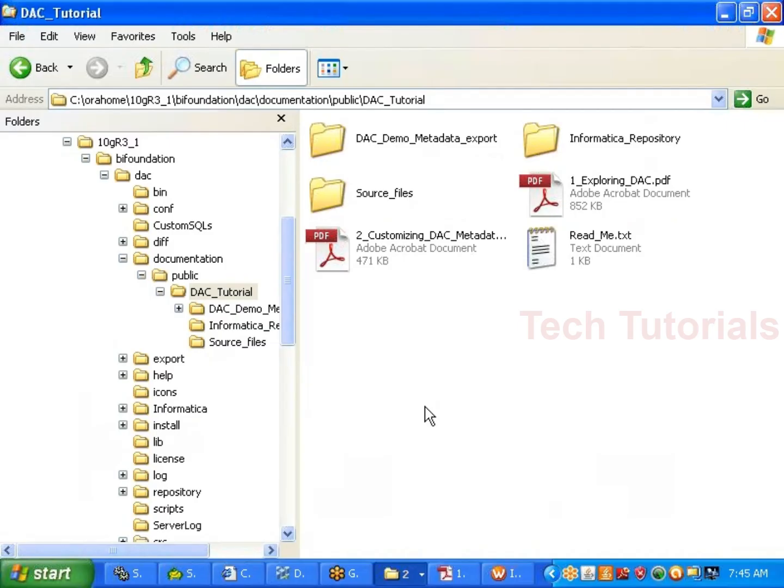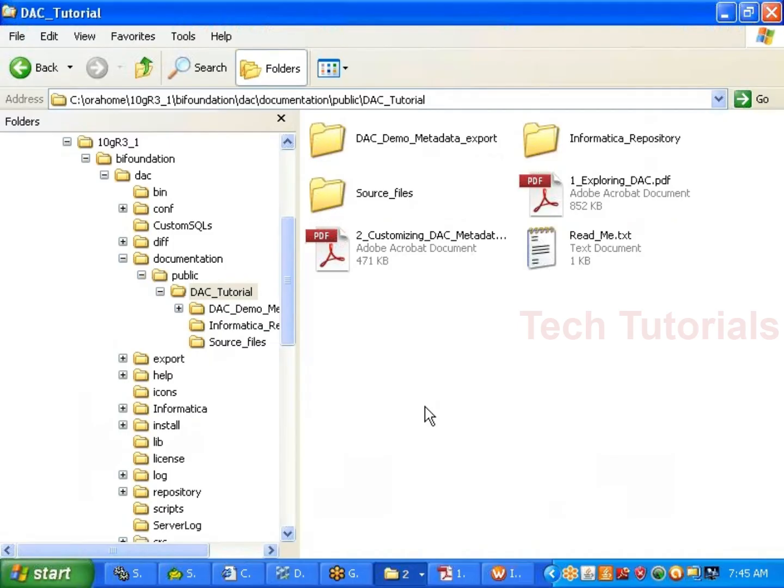The prerequisite for this one, before installing the DAC, is that you should install one database, any one database. Second prerequisite is you should have Informatica installed in your machine, not OBIW, sir. If OBIW is not there, also no issues, because it is a tool which is useful to run what, sir? Informatica ETLs, Informatica